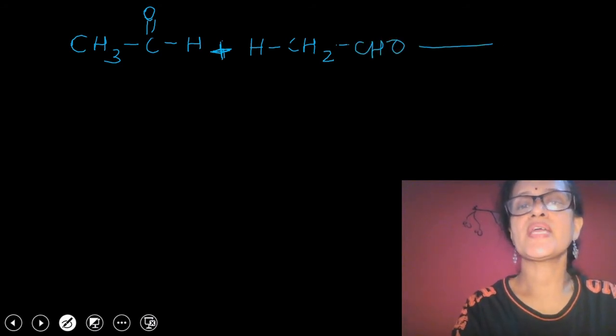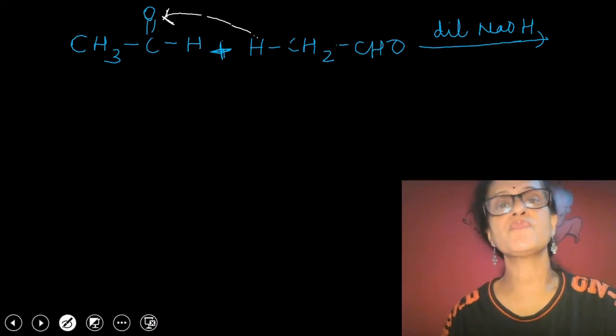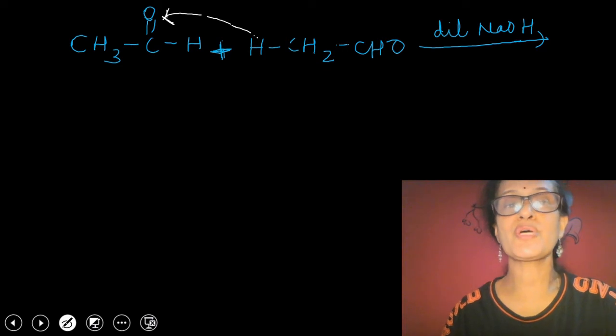Then on reaction with dilute alkali, it may be dilute NaOH, it may be dilute barium hydroxide, what will happen? Alpha hydrogen atom of the second ethanol molecule will attach itself to the carbonyl oxygen of the first ethanol molecule. So your product will be